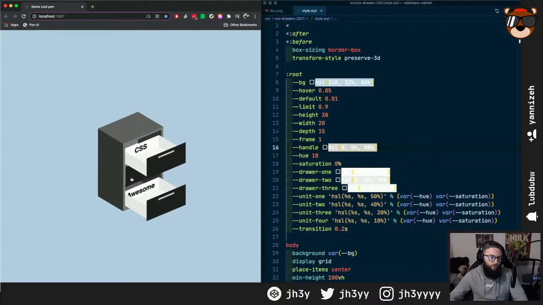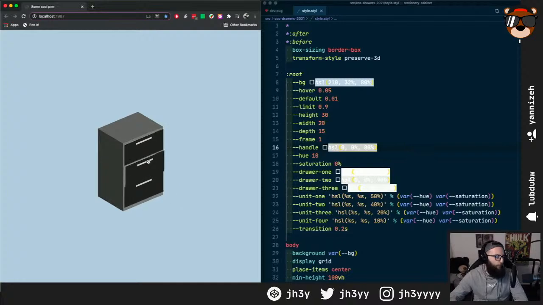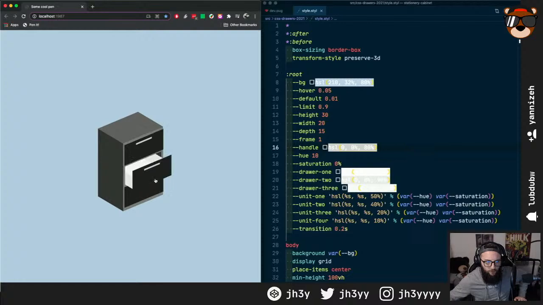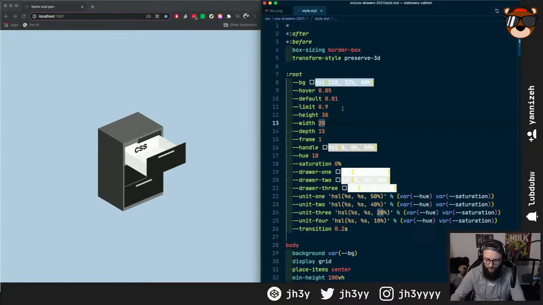That's how you create furniture drawers with just some CSS. Kind of cool. You can do all sorts with that and mess around with it. I mean, we could even do something like,